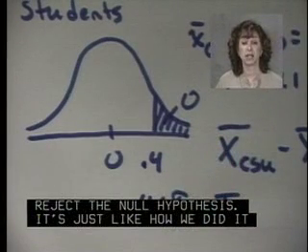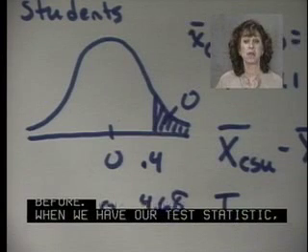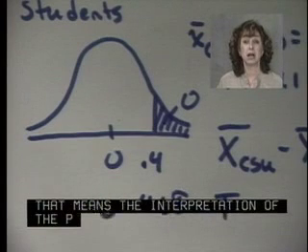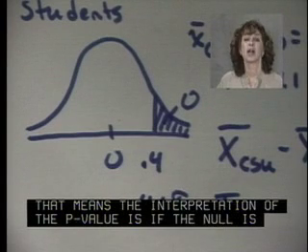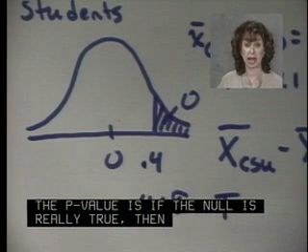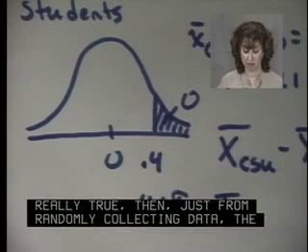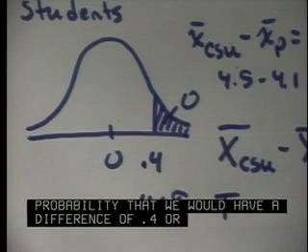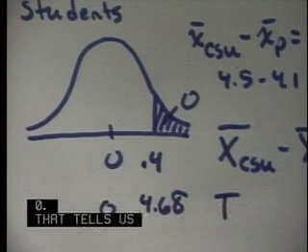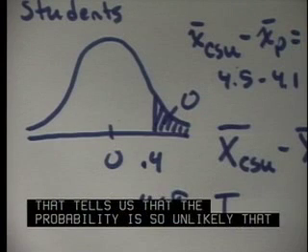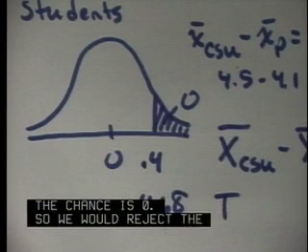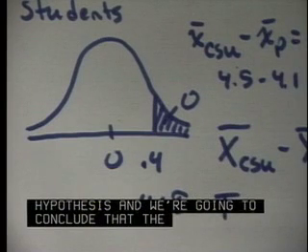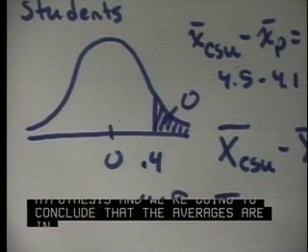When we have our test statistic, we find our p-value. Our p-value is 0. That means the interpretation of the p-value is if the null is really true, then just from randomly collecting data, the probability that we would have a difference of 0.4 or greater is 0. That tells us that the probability is so unlikely that the chance is 0, so we would reject the null hypothesis, and we're going to conclude that the averages are in fact, the CSU average is in fact greater than